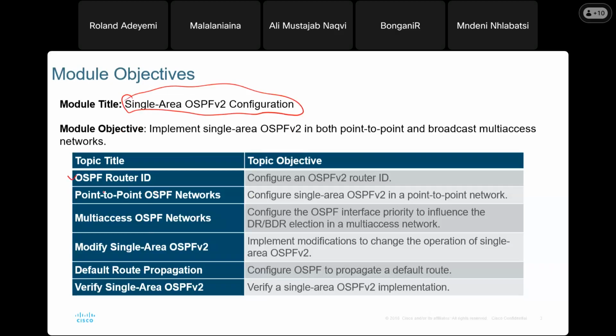We want to talk about OSPF Router ID. But after that, we're going to go into configuration. We're going to talk about point-to-point OSPF network, multi-access OSPF network, how to modify single area OSPF, default route propagation,